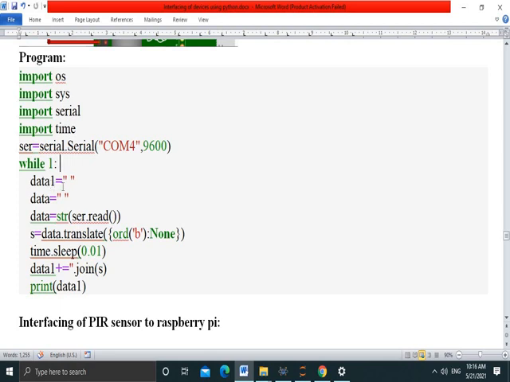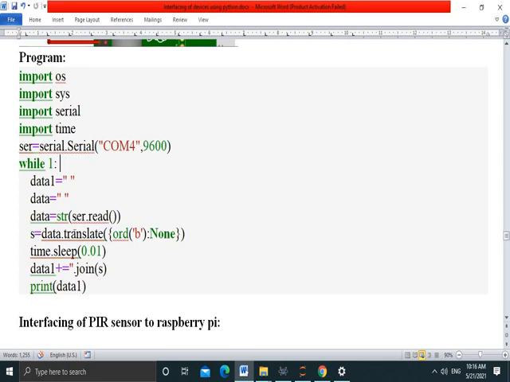firstly, I am using two different variables here, data 1 and data. So initially I am moving empty text into these. So when the new data is coming, then the data 1 and data variables should be empty. That's why I am moving an empty string initially. After that, read the serial data and store it in data. The data is coming in byte format. I converted it into a string by using the str function.